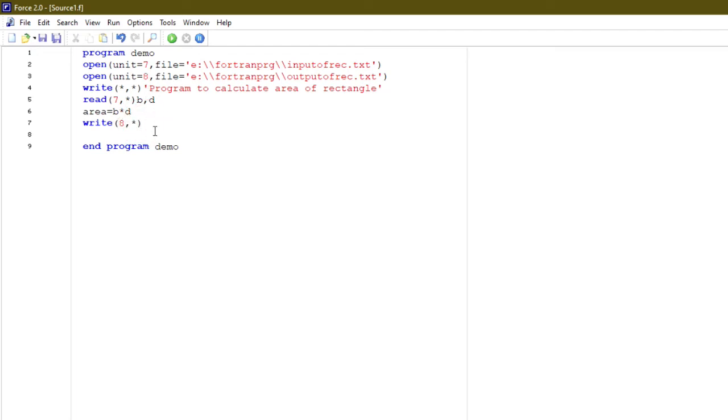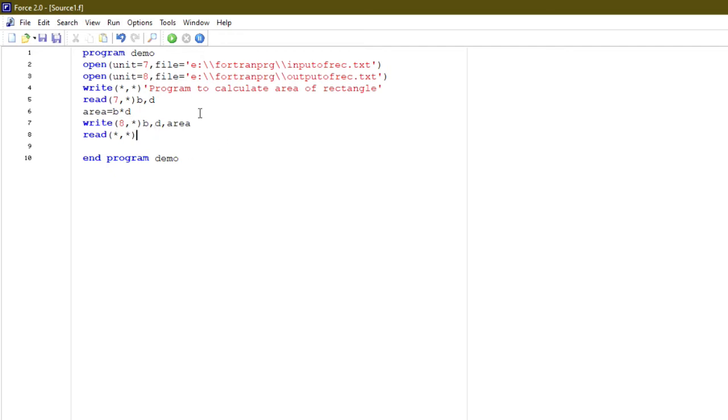Now here we will write the value of B, comma, value of D, comma, value of area, all these things, right? And then enter, and then I will write one blank read statement here.